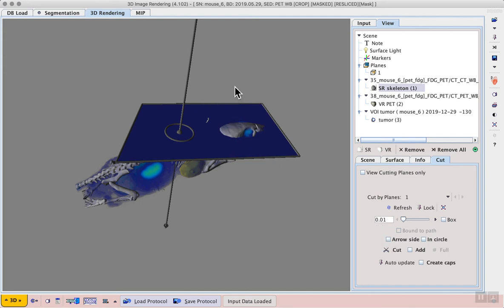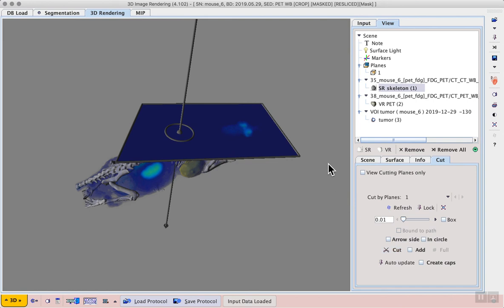Here we want to make sure that the cut is on the top side of the plane as seen on screen, which means not on the arrow point side. By default, that checkbox is normally activated. We should make sure it is deactivated and then apply the cut using the cut button. Immediately we see part of the surface rendering disappear,